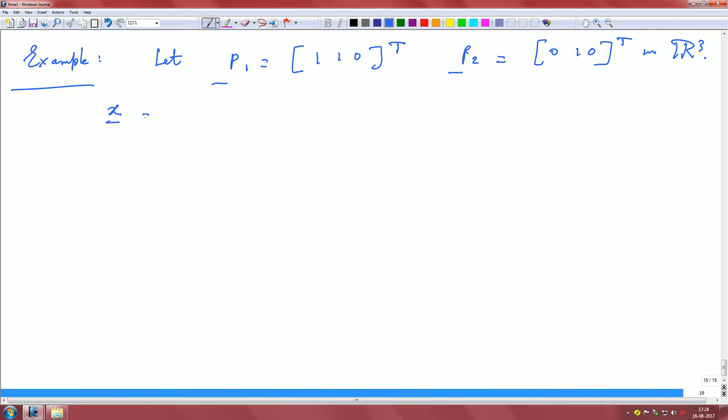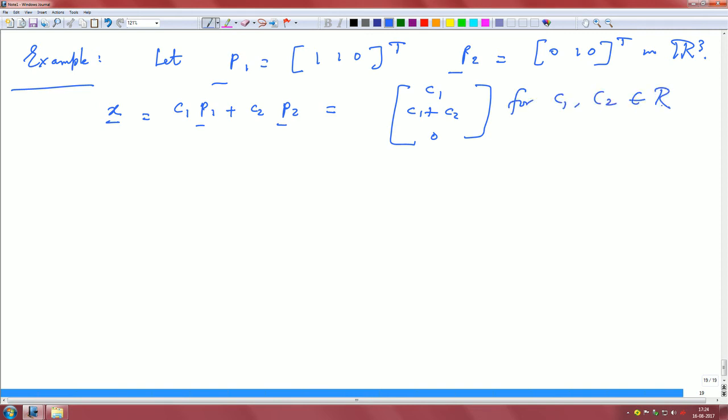So, let us say X is C1 P1 plus C2 P2, which is basically C1, C1 plus C2, and the last element is basically 0. So, V is basically the span of these two vectors P1, P2,